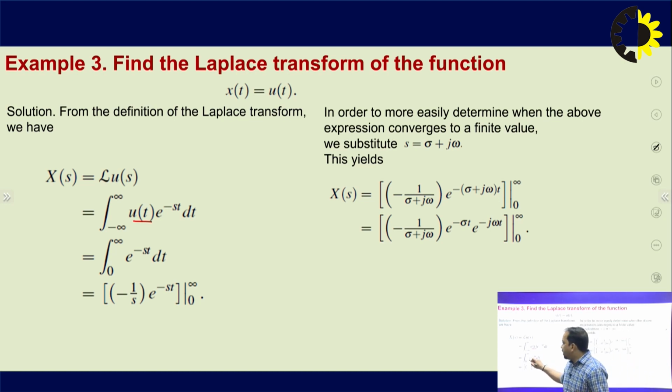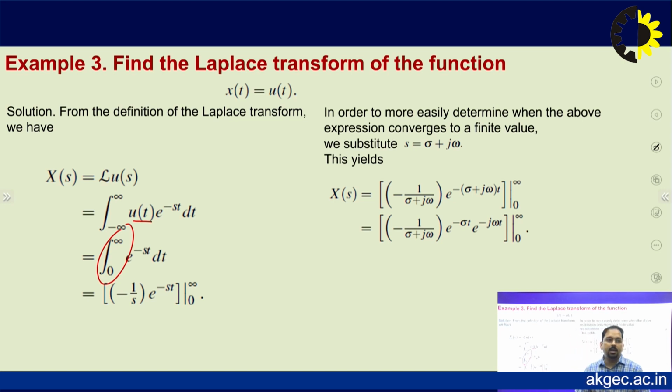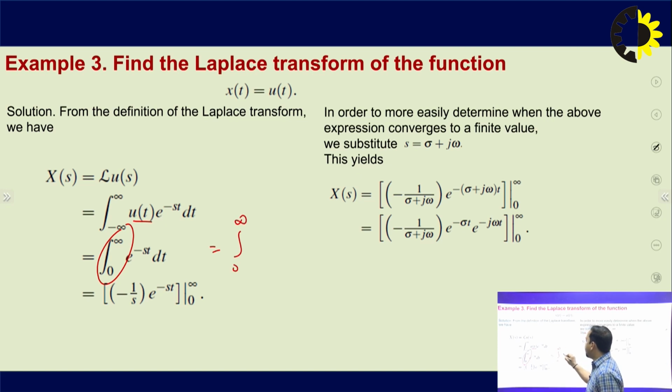Because of u of t, the limits are from 0 to infinity, e raised to minus st dt, which gives minus 1 by s e raised to minus st, with the integration limits from 0 to infinity. Instead of s I can write sigma plus j omega, and if we simplify,